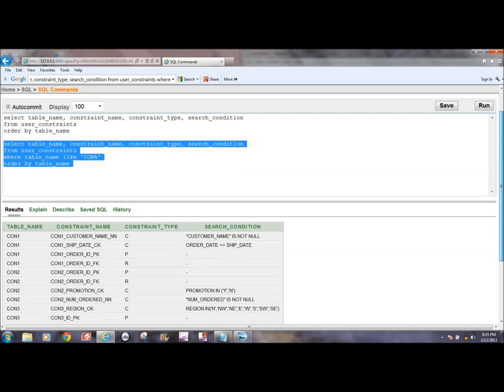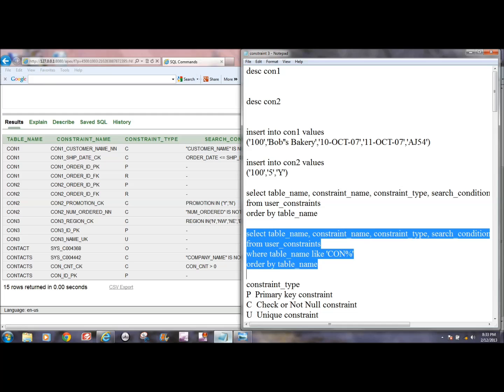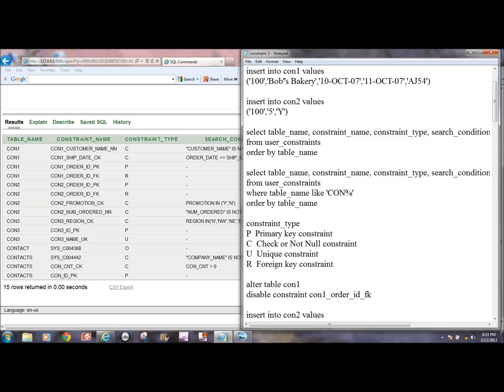Now, when you get to your tables, you can see the table name column up here at the top. You can see the constraint name, the constraint type, and a search condition. Now, if you notice, for the con1 table, first of all, let's look at these letters here. P represents a primary key constraint. C represents a check or not null constraint, and U represents a unique constraint, while R represents a foreign key